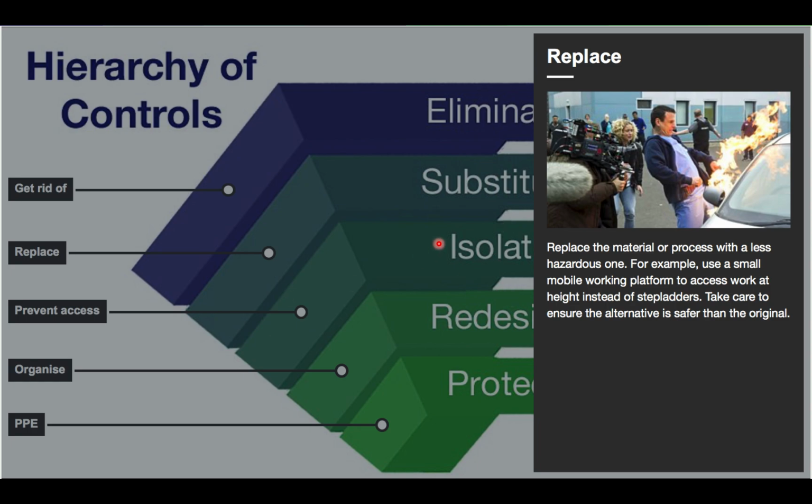Could you replace any of it? So substitutions. Could it be that rather than using an actual cigarette, you could just have a packet of cigarettes and have reference to it? Rather than actually having water in the scene you're using, perhaps you could just have the sound effects of water. Replacing the material or the process means that it's less hazardous and there's not so many issues. Okay, so it's making sure that you might have thought of a better or a safer alternative.